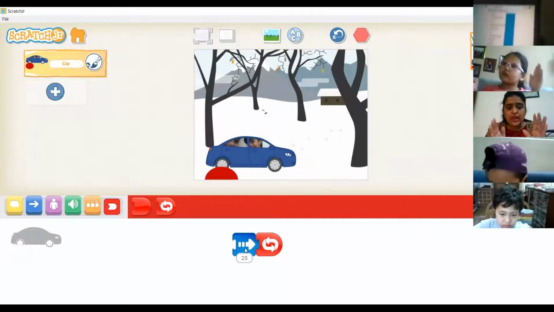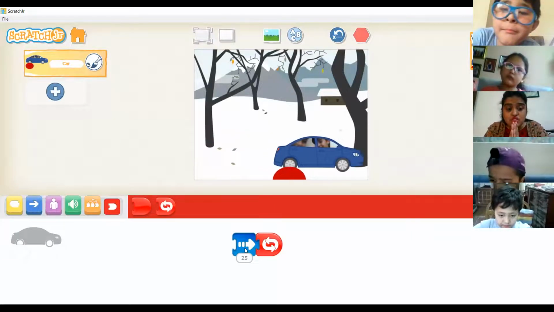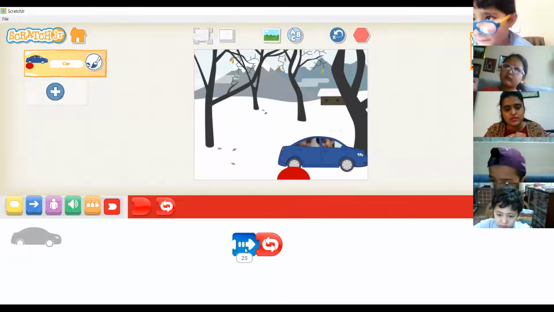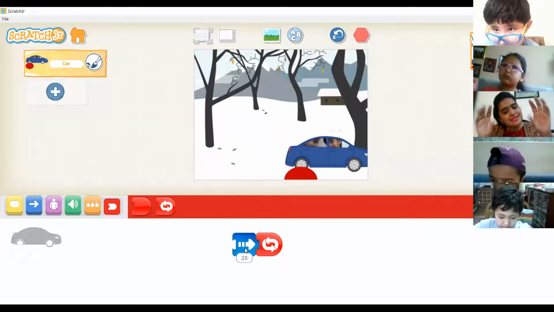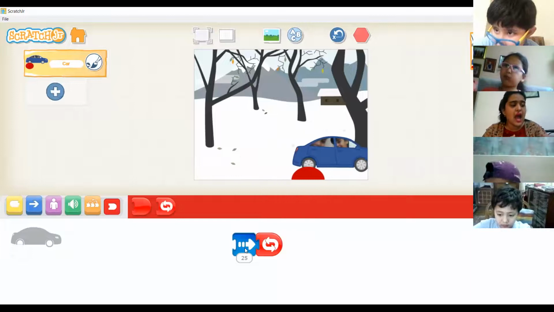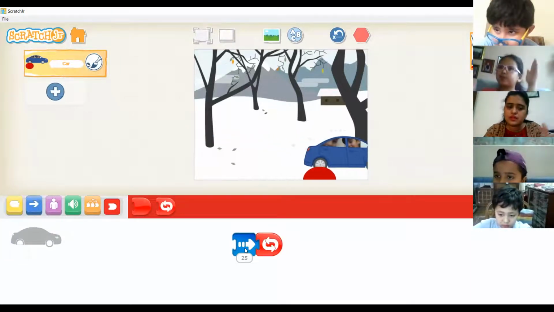Understood? So here we are doing coding because we are giving instructions to the computer system to do something for us, right? So that is what we call coding. Coding means you are instructing the computer to do something for you. So here I am instructing this car to move on the screen.